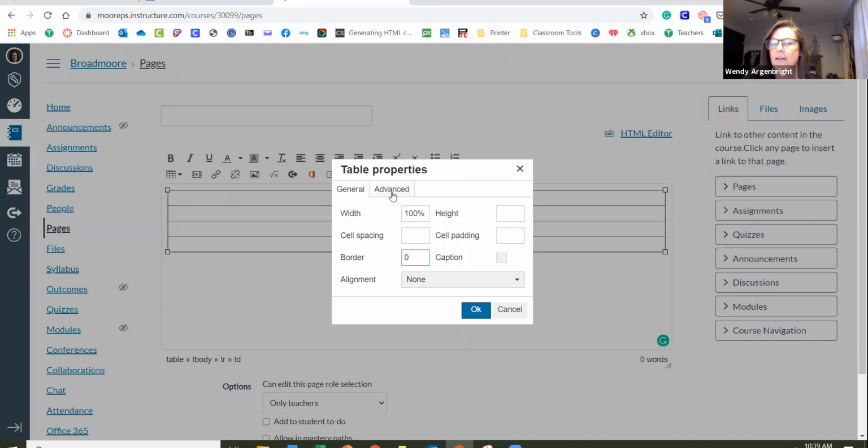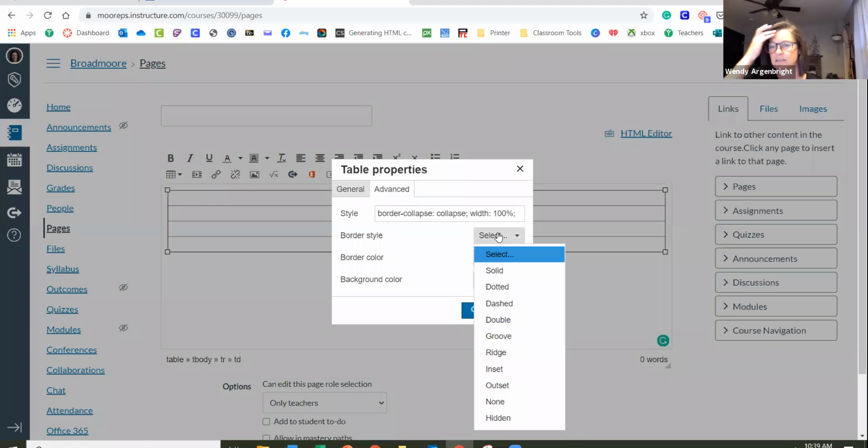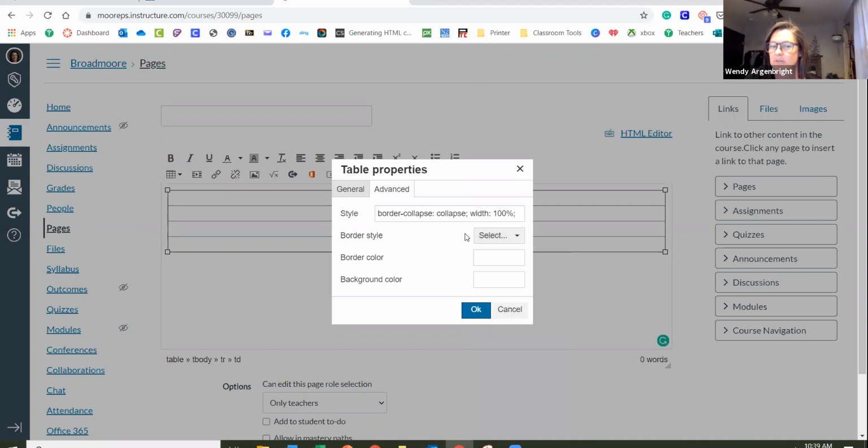All right, and then we're going to go to advanced. You're not going to worry about this, okay? This is part of the coding, but you can select a border sign. If you want them to see the border, just like Word, you can change it to dashed or inset or solid. We're not going to worry about this because we're not going to use a border. We are going to look at the background color, okay? Now,